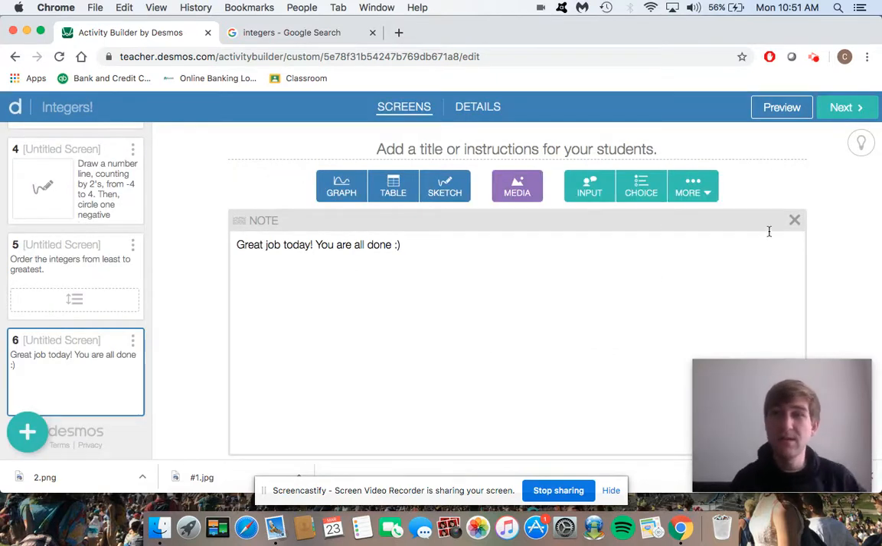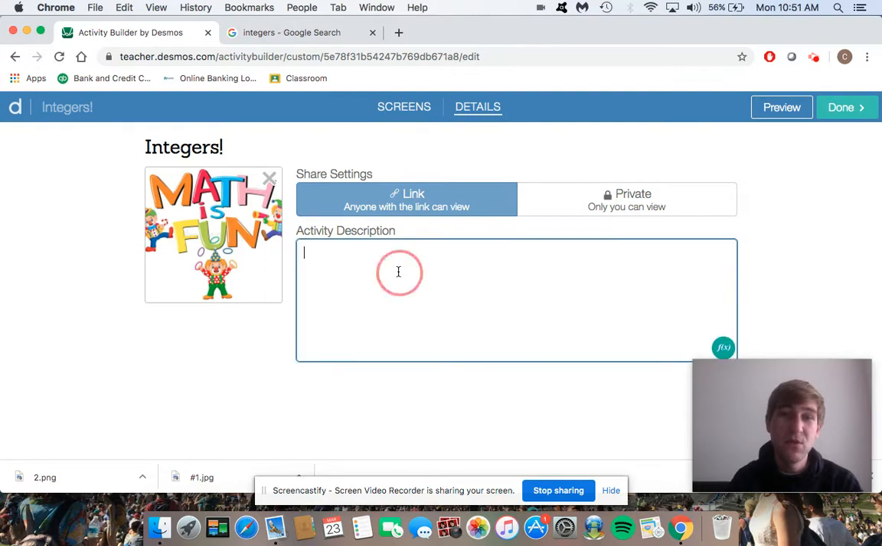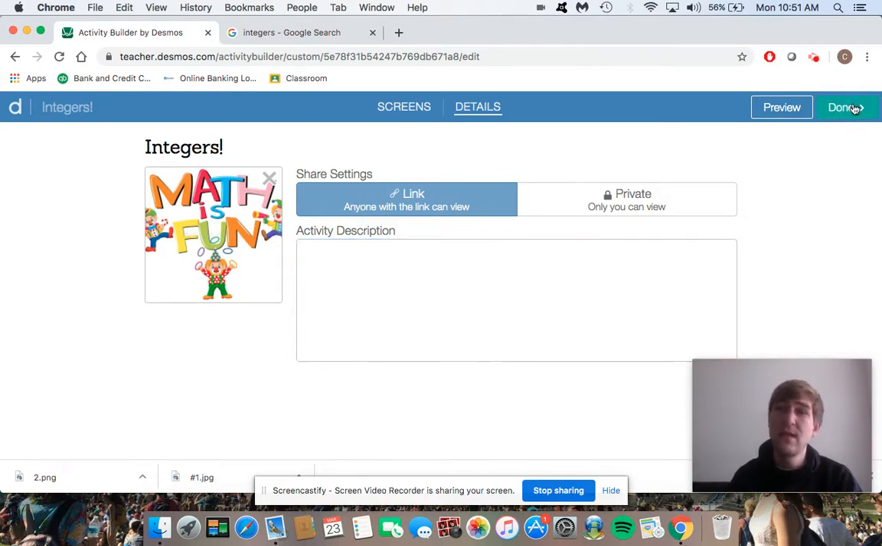You're done with your activity. What you're going to do is go to the upper right where this next button is. Click next. You can add a description here. Link, you can make this, anyone with the link can view it. You can make it private. If you're going to be sharing it with students, you need to make sure that anybody can view the link. Once you hit done,